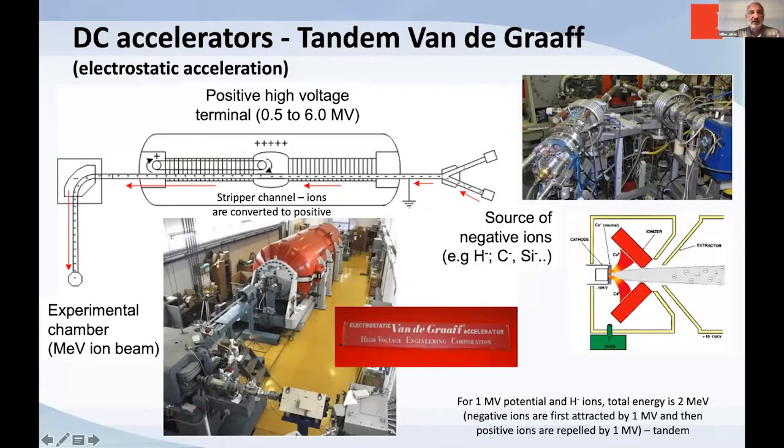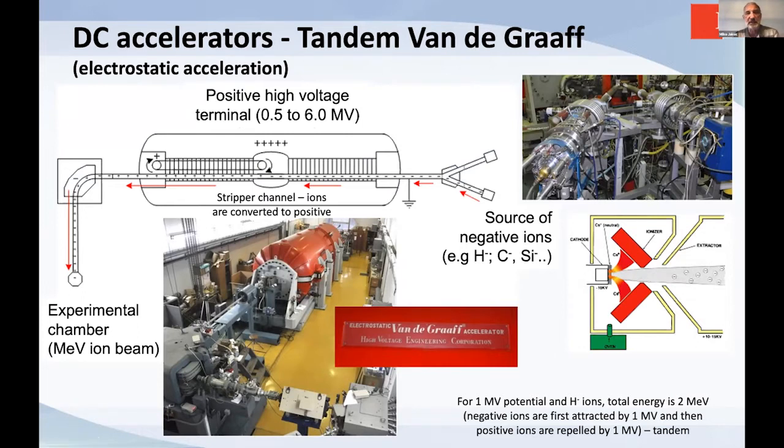In the case of the accelerator in Zagreb, and the majority of accelerators of that kind, they operate on the tandem principle. You produce a positive terminal voltage. In our case, this is up to 6 megavolts, but normally up to 4 megavolts. And then you have to produce negative ions, which means, for instance, if you want to accelerate protons at the end, you have to create